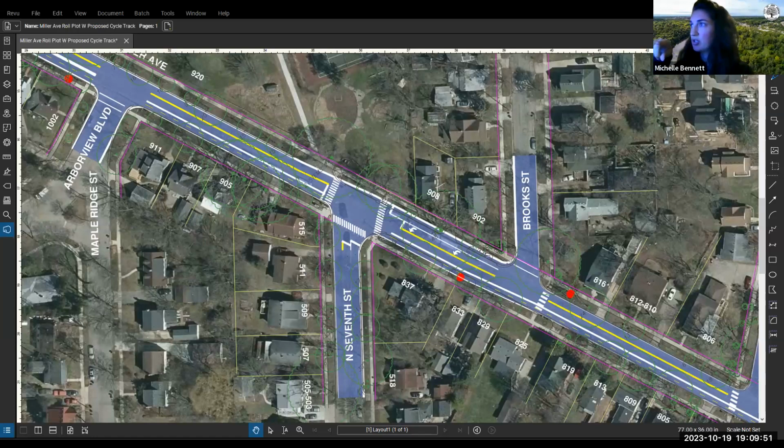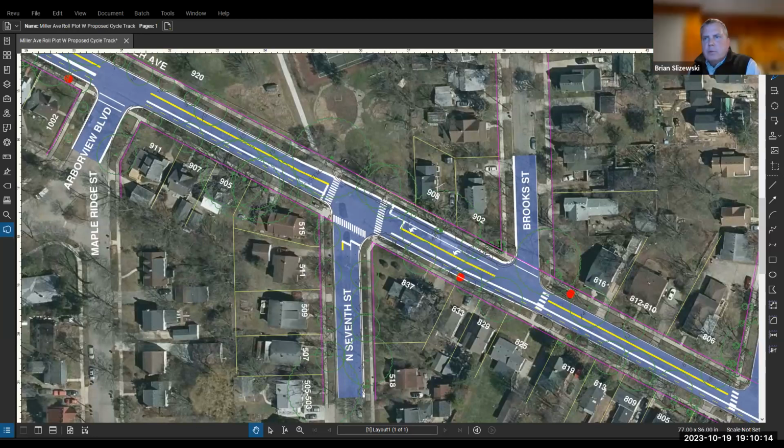So this is specific to Red Oak onto Miller. Maybe we can move the map over to there. So when turning left from Red Oak onto Miller, it is difficult to see traffic coming from the right, the west, because of a slight rise on Miller Road. Will those sightlines be improved as a part of this project?